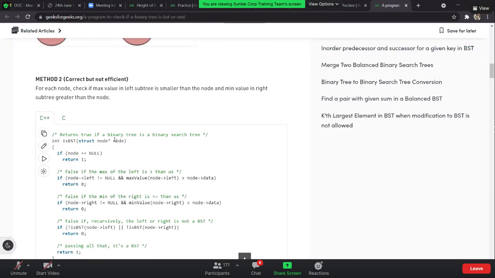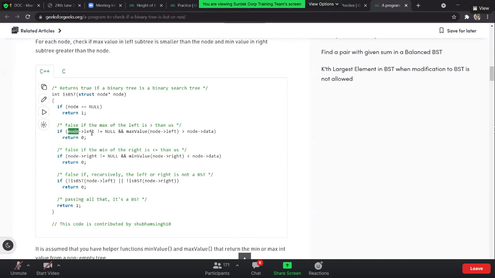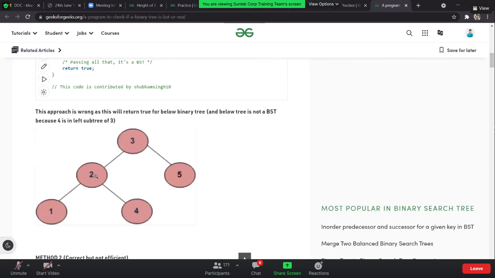How exactly are we going to iterate on the left side? What I'm going to check is node dot left is not equal to null, and whatever the max value you see on the left side. Can you tell me what is the maximum value on the left side with respect to this node? Okay, 4 it is. So if I say my data should be greater than 4, is it a correct condition? Can I just claim that whatever data is present inside the root node should always be greater than the maximum value on the left side?